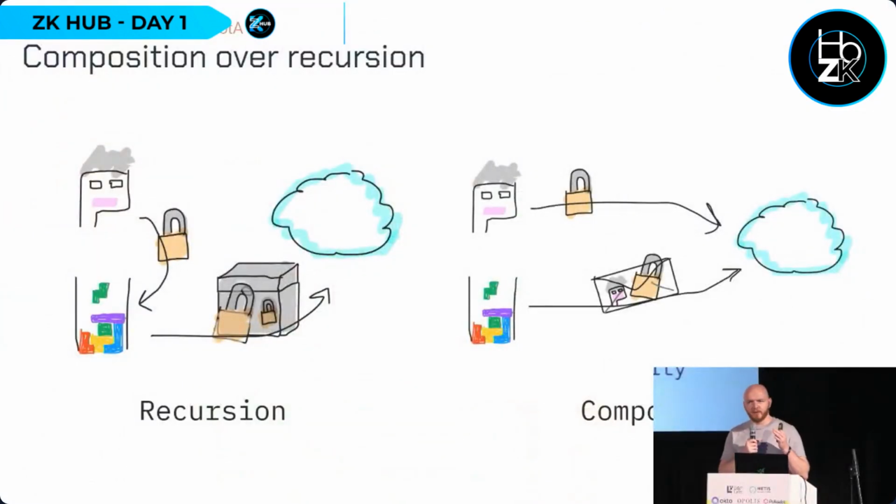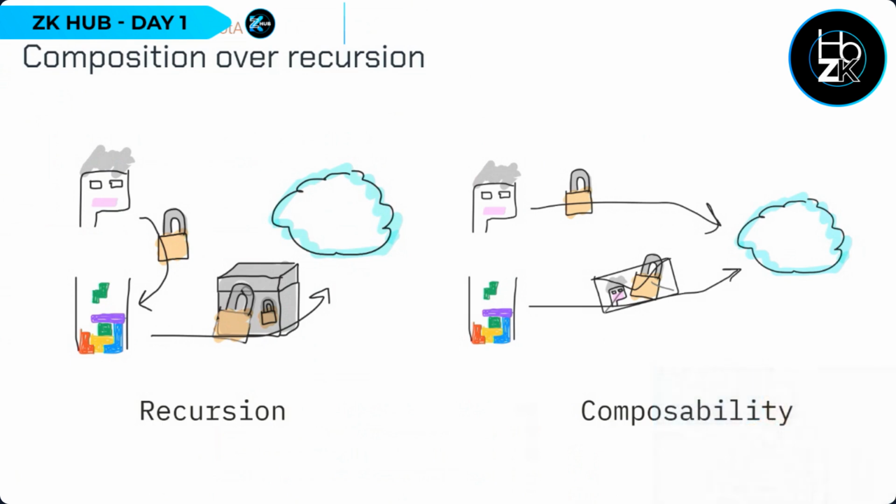So first, when you're using ZK, usually, if you want to do composition, you actually have to do recursion. In a way, it's kind of like doing OP versus composition. If you want, say, a ZK Tetris game and you want people to prove that they own a CryptoPunk, because for some reason NFTs are back in fashion, you're going to have to verify the proof that you own a CryptoPunk inside your ZK Tetris game. And so if somebody ever wants to change the CryptoPunk verification logic, or if you want to change the Tetris logic, you kind of have to change both at the same time. Which makes it awkward. It's not very flexible.